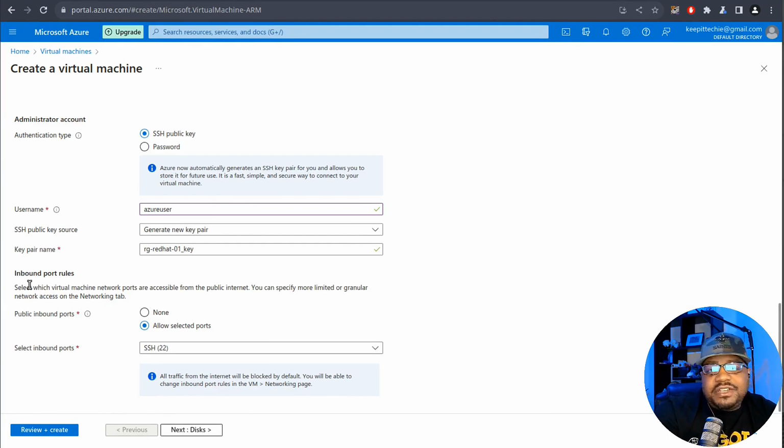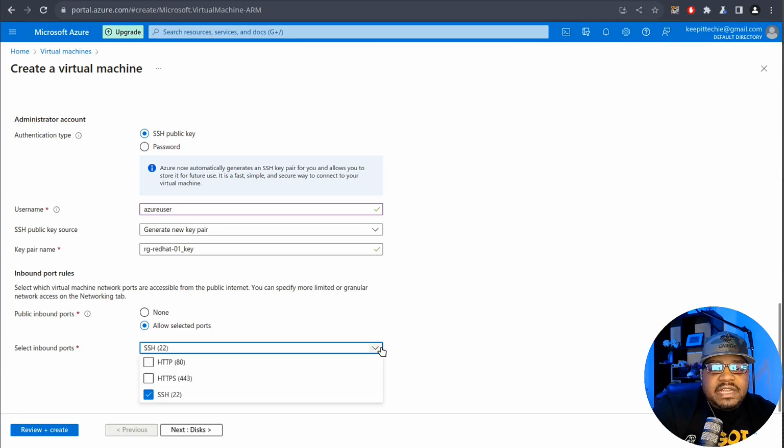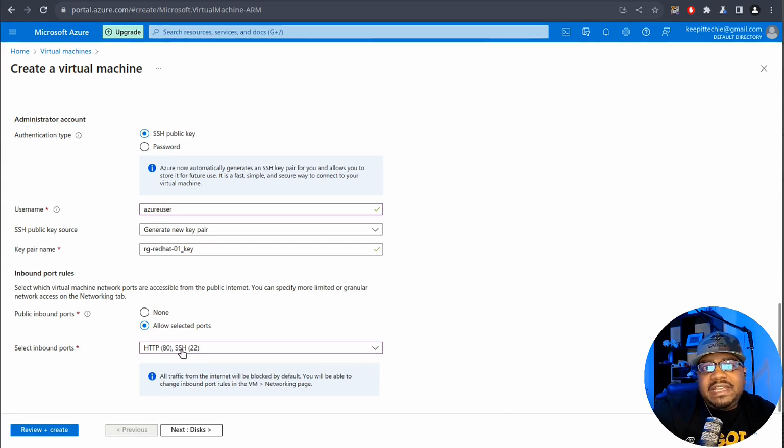But your inbound port rules, this is the firewall. You can allow certain ports, and one of the default ports that they are going to open up for you is SSH, which is port 22. And then you can also select other ports, and one thing I'll be doing is creating a web server so you can at least see something being done with the system. And so the next thing all we have to do is go down here to the bottom where it says next,